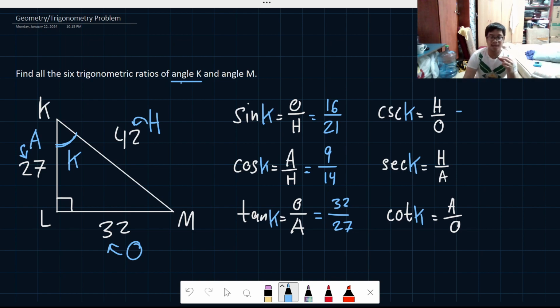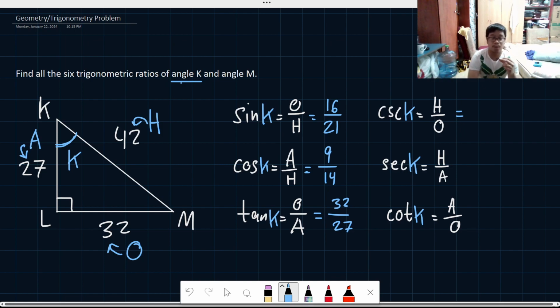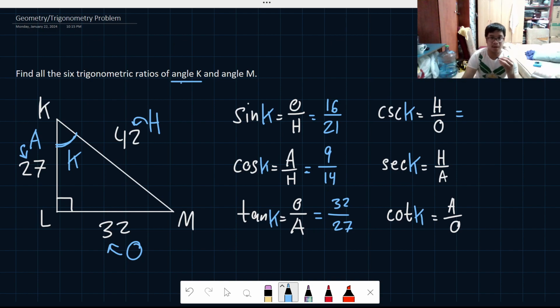Now for cosecant, well, yeah, the same thing. Just simply substitute. That's all we're going to do here, just as simple as what we just did on the first three. Substitution. All right? Or to give you a technique, cosecant is just the reverse of sine, right? Sine is O all over H. For cosecant it is H all over O, because the reciprocal of sine is cosecant. Meaning the ratio or the fraction is interchanged. So instead of having 16 all over 21, we will have 21 all over 16.